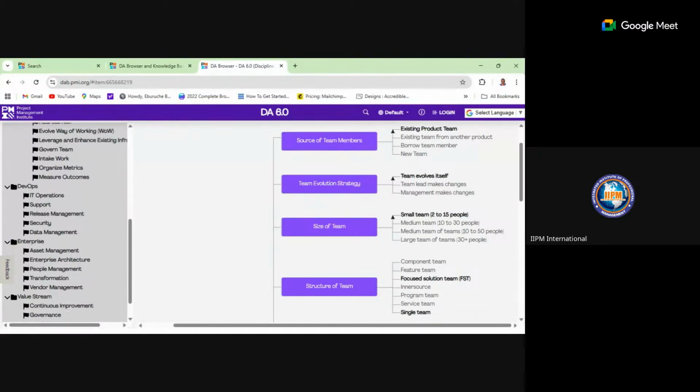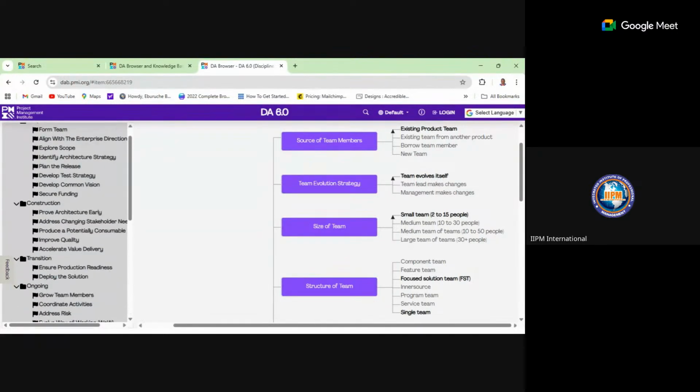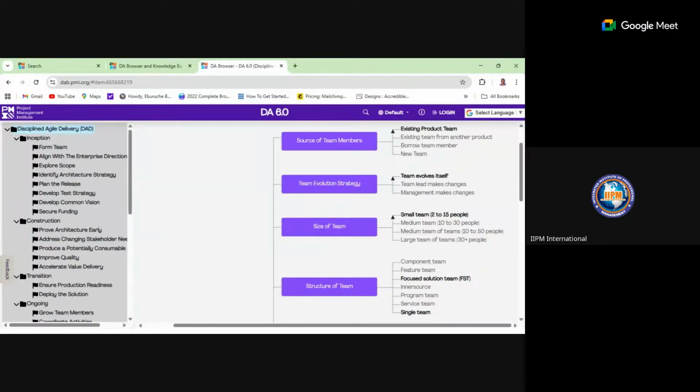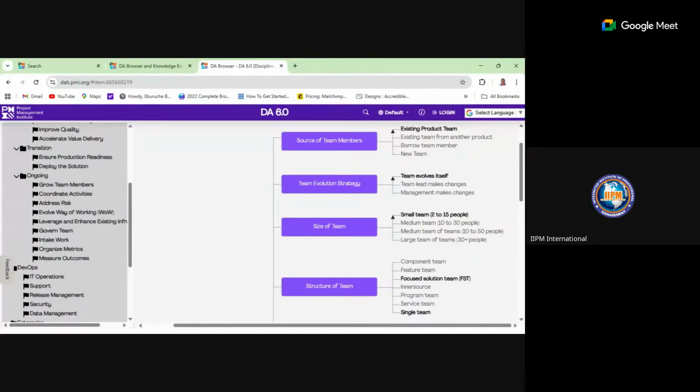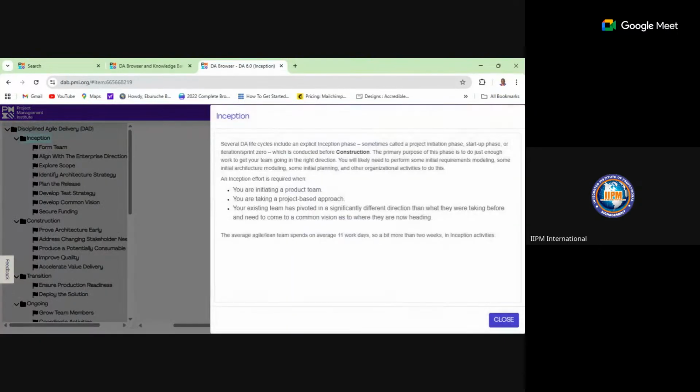And then you have different aspects also that you might consider when doing your project, like development operations, enterprise operations, value stream, for different aspects of the project. So let's assume that you're doing a DA and your sprint is to form a team, which is at the inception phase.